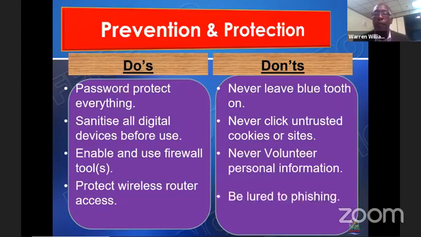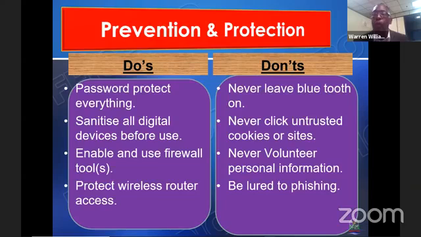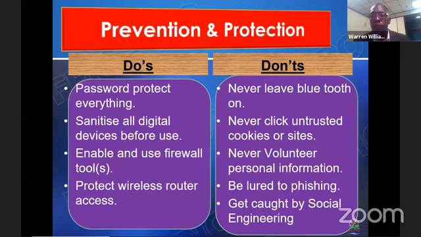Be careful of cookies and sites that you don't know. We encourage persons not to volunteer too much personal information online. Only share what is enough and enough. And we have a term which says trust but verify. So you get a scam, they send you an email, we're updating our password and username, from your financial institution. Okay, I trust my bank, but guess what? I'm going to call them to verify that they did send that. Because it's so often they send scamming emails and you volunteer this information and by the time you know, you get caught. Be careful of phishing and of course social engineering.